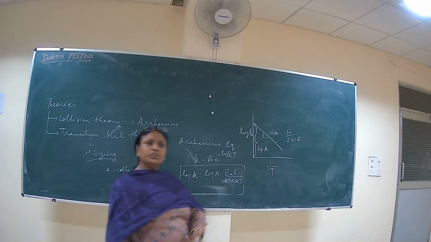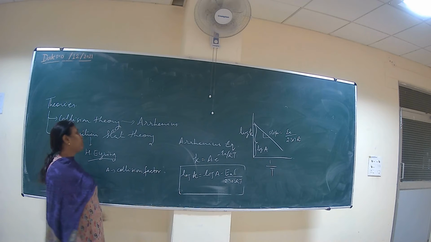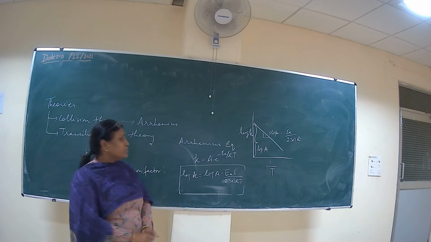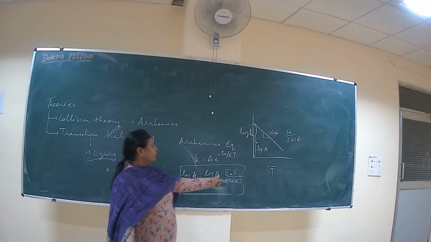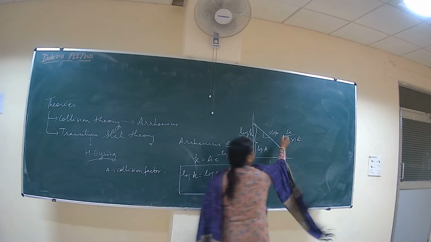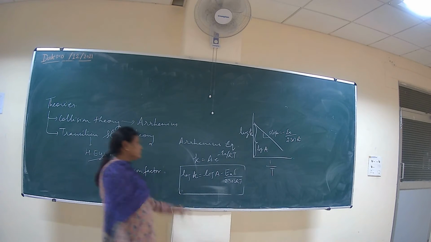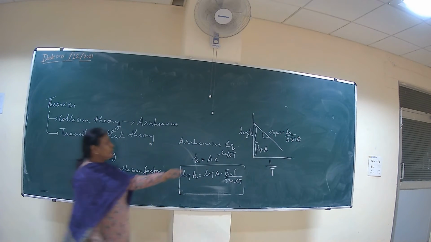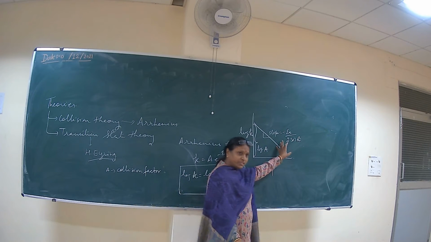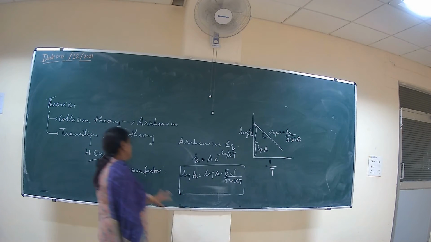कुछ confusion है तुम लोगों को? Okay. स्लोप का साइन नेगेटिव होगा. साइन नेगेटिव होगा तभी हाँ, स्ट्रेट लाइन नीचे आएगी. हाँ, it's a negative slope. ठीक है, so this is how we are able to find out the activation energy from this slope.